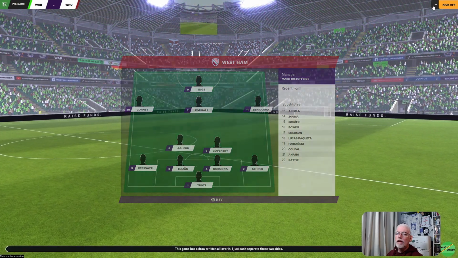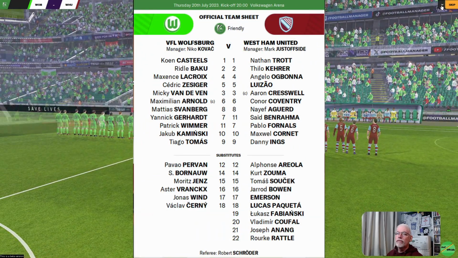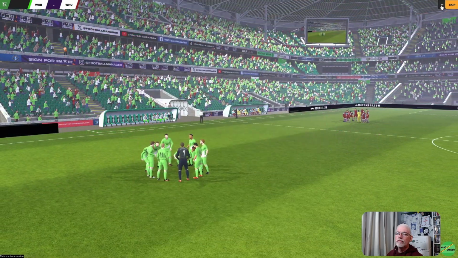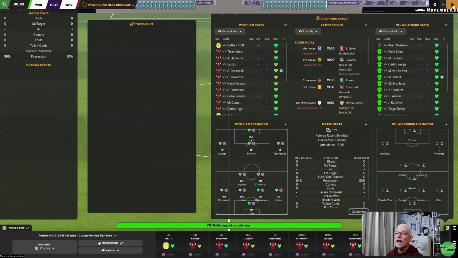And playing our 4-2-3-1. Wolfsburg playing in their lime green. Right, before we continue,